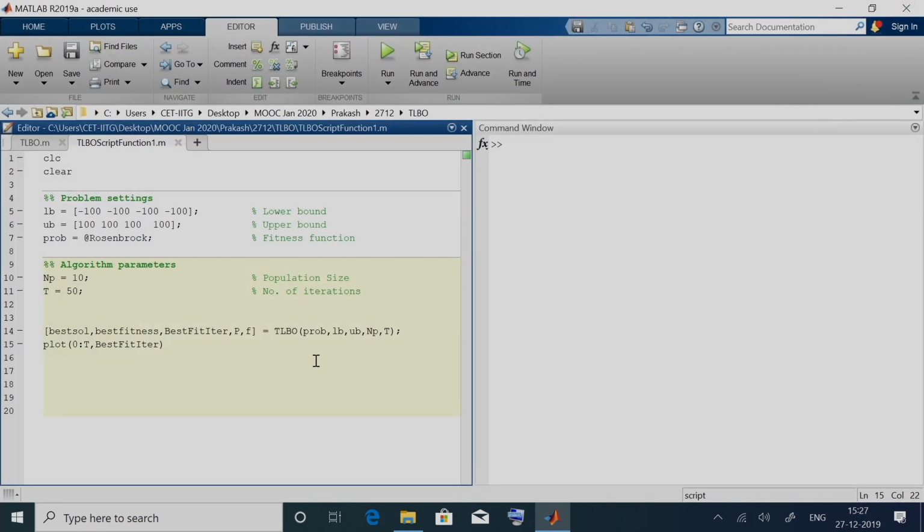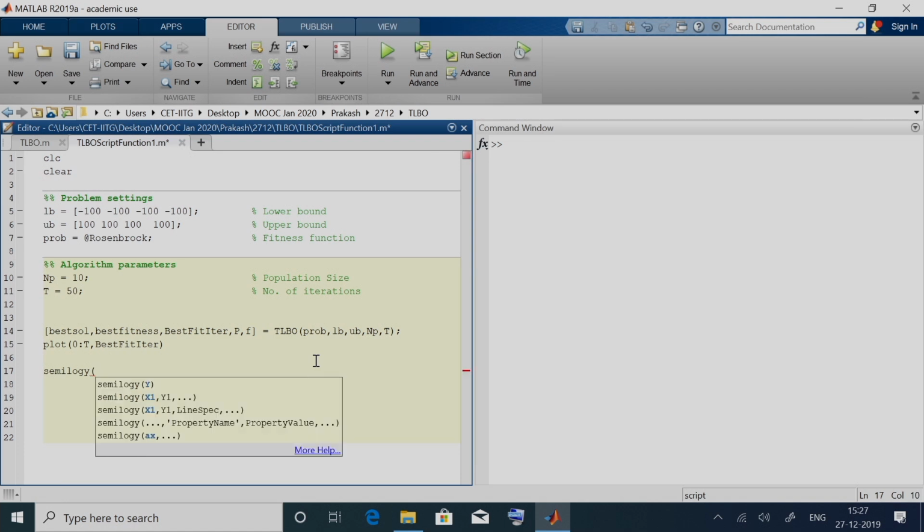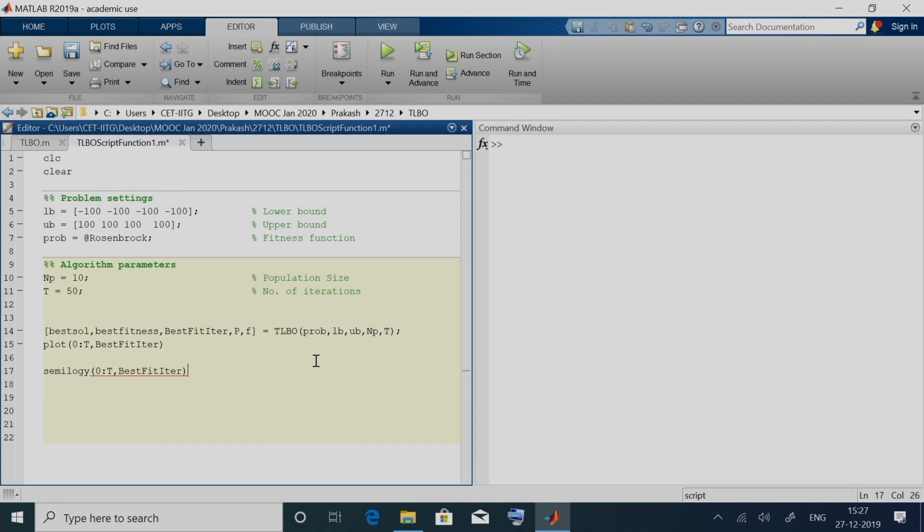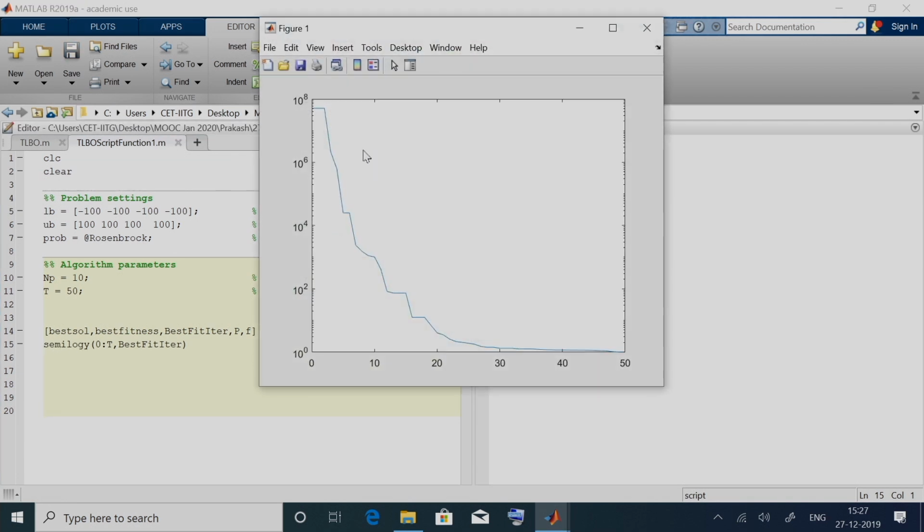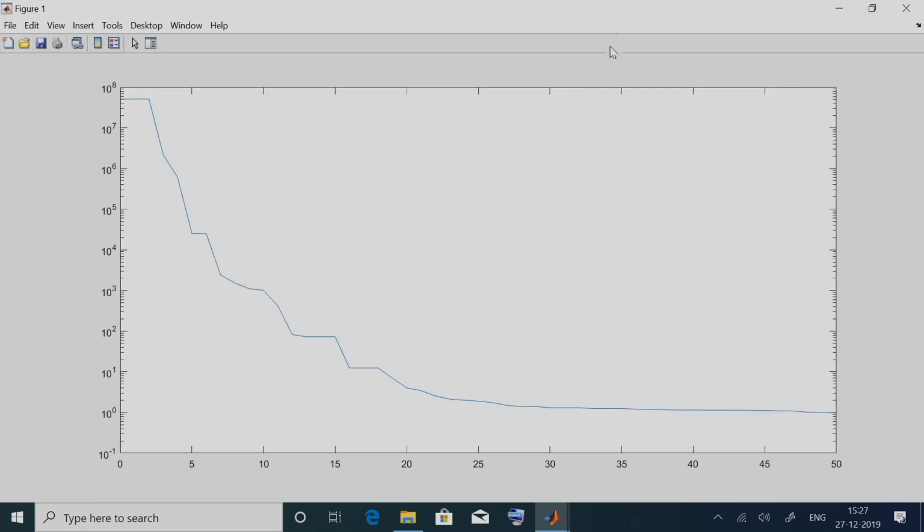If you look at it in a semi-log plot, let me get rid of this. Here we can see the convergence in a better sense.